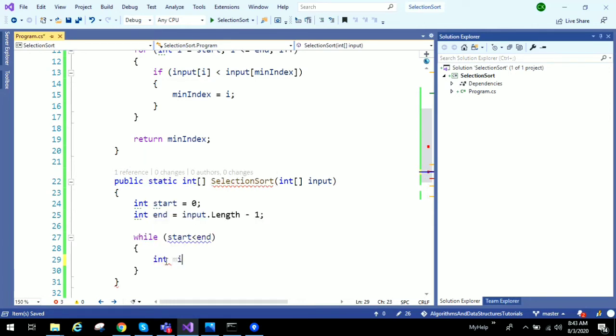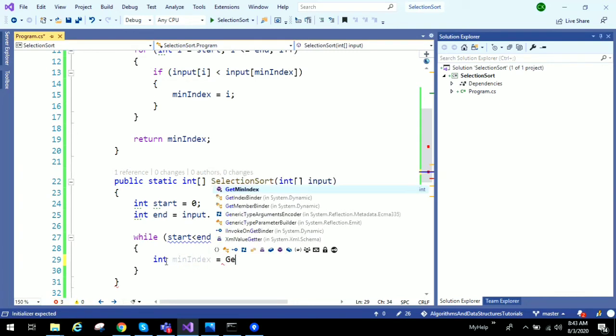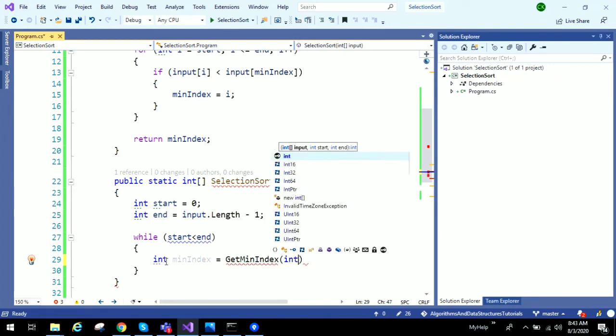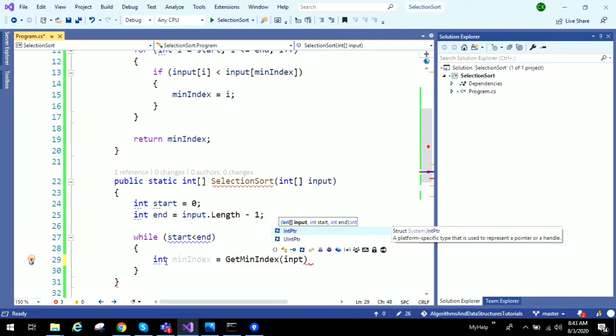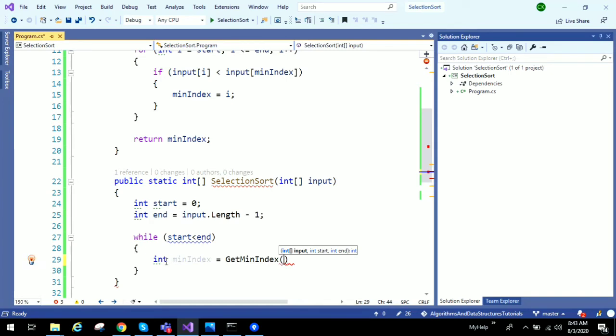Int min index is equal to get min index for input, comma start index and end index. So now we got the index of a minimum value.